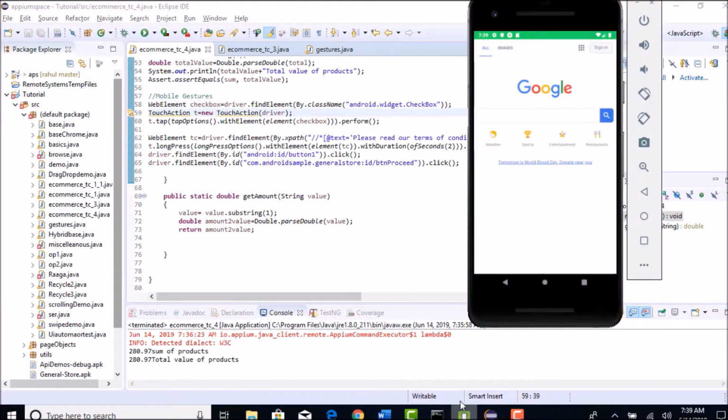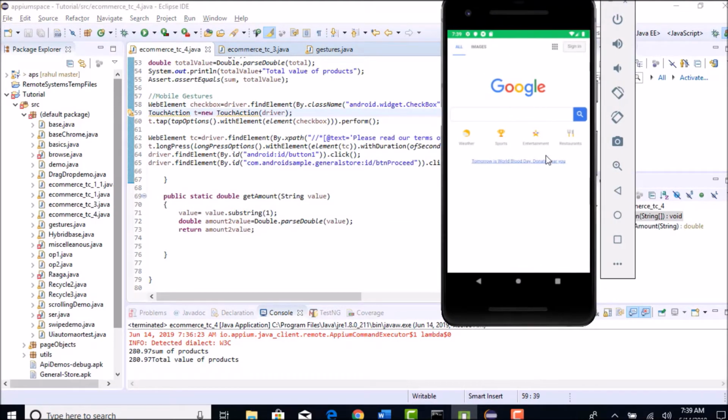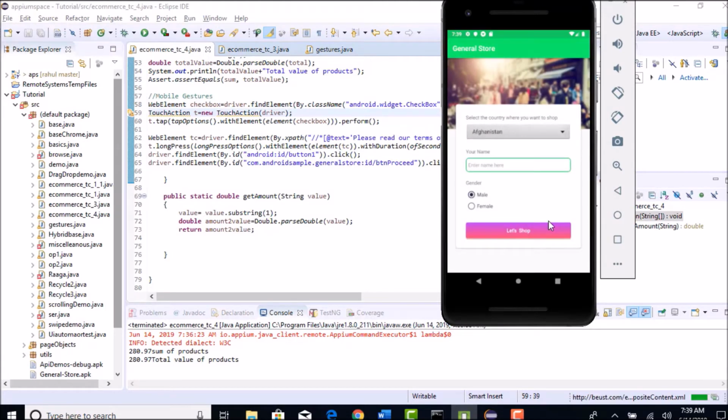Welcome back. Now when you navigate to this web view, which is a browser view, Appium cannot handle this. Appium can do it, but there will be a lot of unstable automation when you use Appium on your web browsers. So from the native app, if you suddenly switch to any browser view, then you have to tell Appium that I am no more in the native app, and ask Appium to switch the context to the web view.